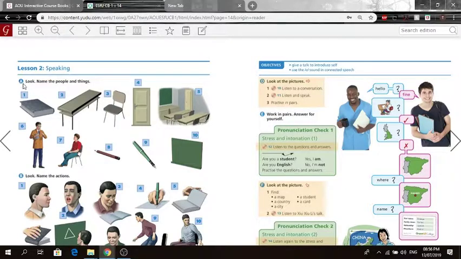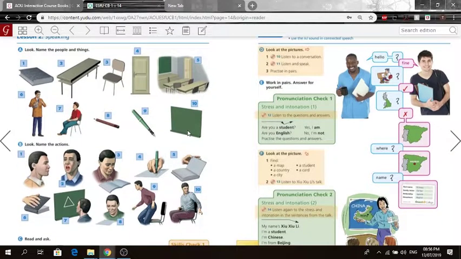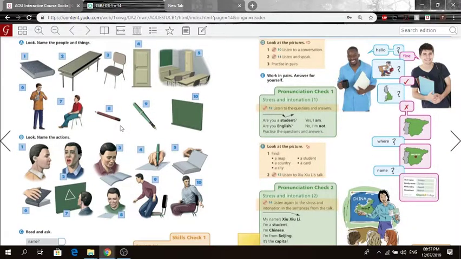So on exercise A here, look, name the people and things. So I'll just be naming the people and things here, and you guys just say after me and try to improve your pronunciation. Okay, so here we go. Number 1, book, desk, chair, door, classroom, teacher, student, pencil, pen, and board. Okay? So you can always go back and practice your pronunciation again if you want. But moving forward now,